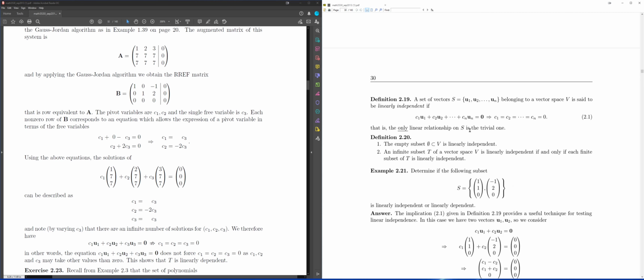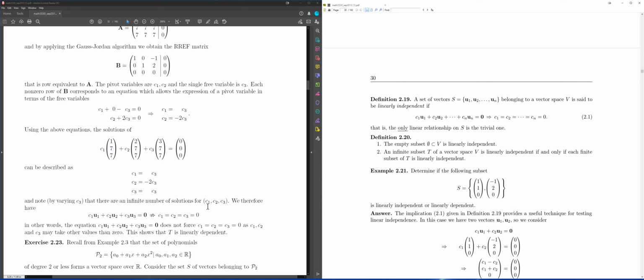When you consider your vector equation, this statement isn't true: c1, c2 plus c3 equal to 0 does not imply that the c's all have to be 0. So this implication is false in this case, which means that